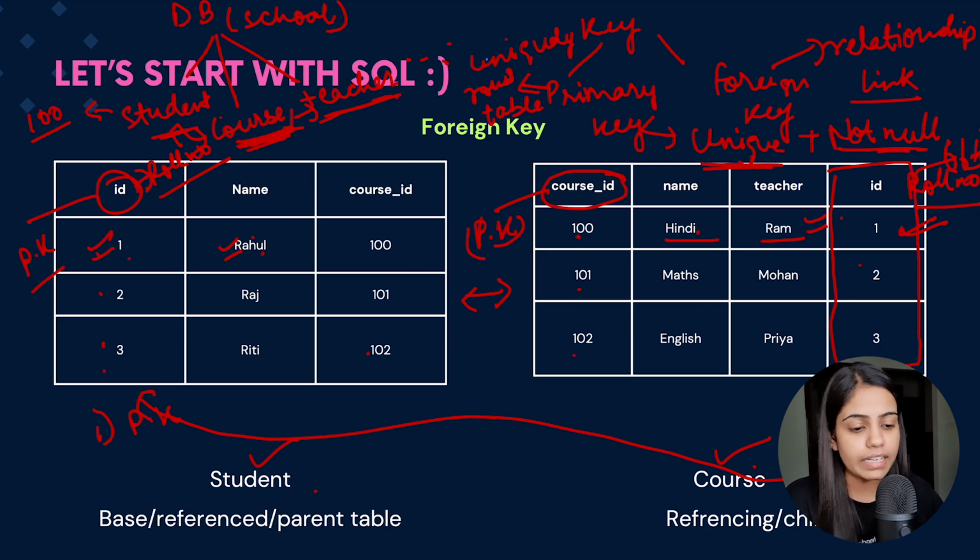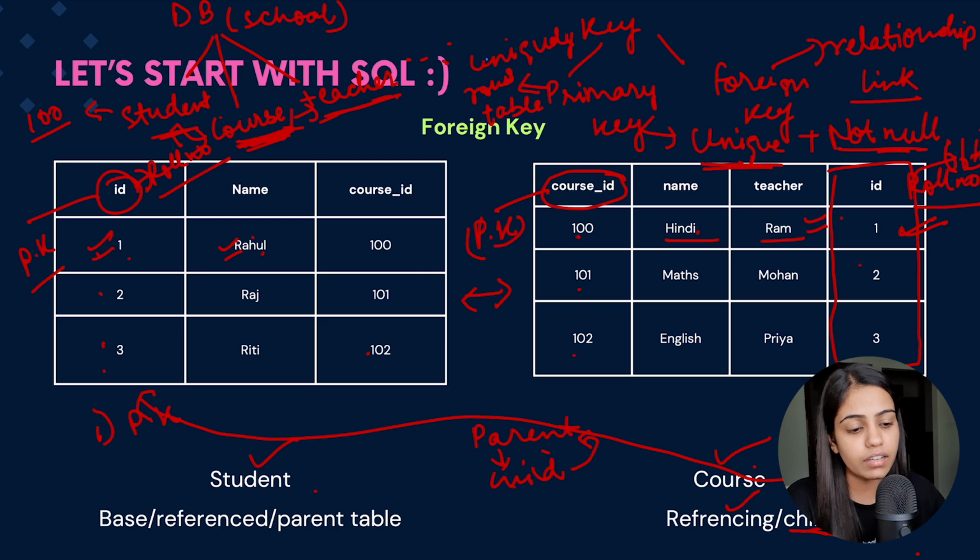Whenever a table references another table, that is called a referencing or child table. So whenever we have a foreign key in a table, we can call that table a referencing table or child table. Now what is this child table? You might have heard of parent-child inheritance. A child always has some properties of the parents, or the child inherits some properties of the parents. In the same way here, the child table inherits some properties of the parent table.